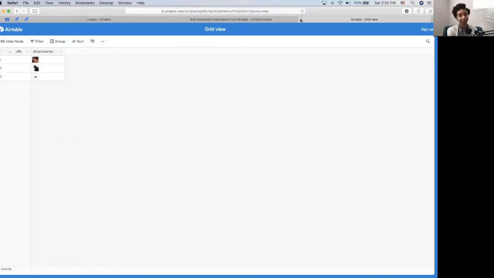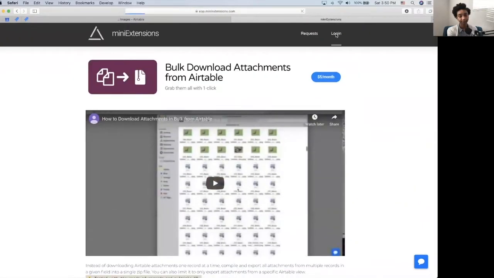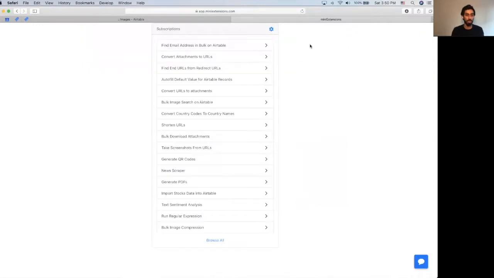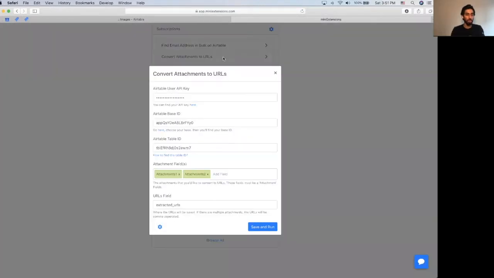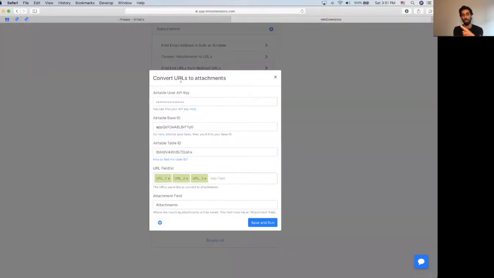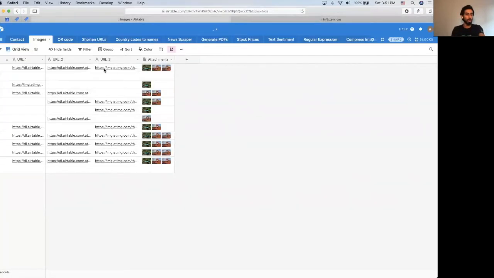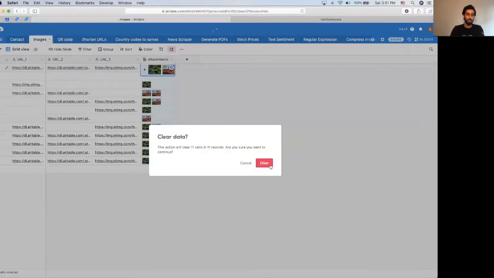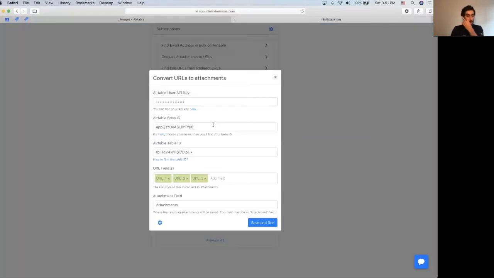So I can go ahead and log in here to show you how it works in action. Probably one of the most popular ones so far has been convert URLs to attachments. We've got attachments to URLs and URLs to attachments. In this one, the goal is to grab a bunch of URLs like this and convert them into Airtable attachments over here. So if I remove these attachments,